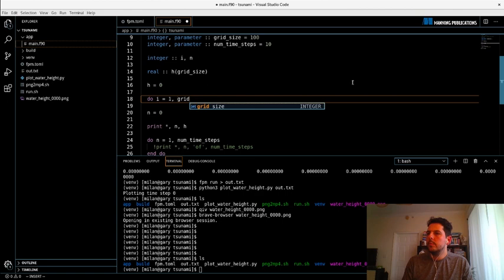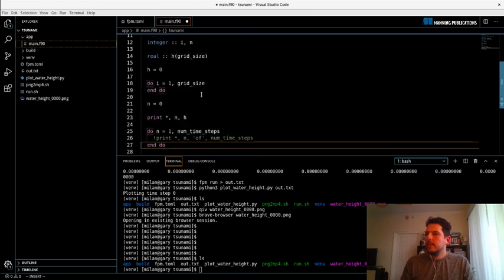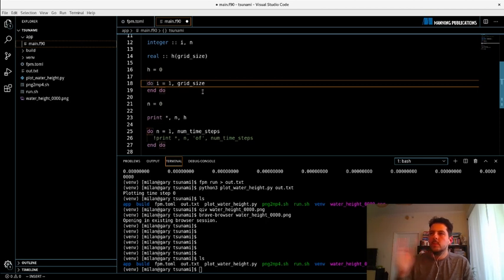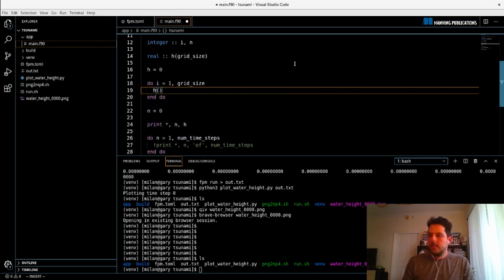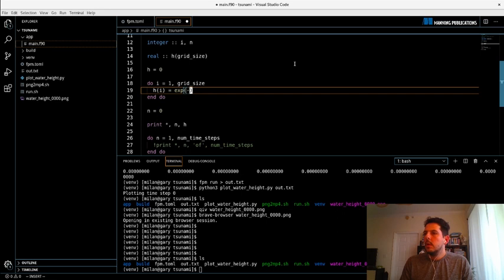And now we're gonna loop from 1 to grid size. So unlike this loop where I'm looping in time, here I'm looping in space. So I want to loop over each element of the array, and I want to set it to something. Okay, so the bell shape is an exponential with minus, what was it? I minus,